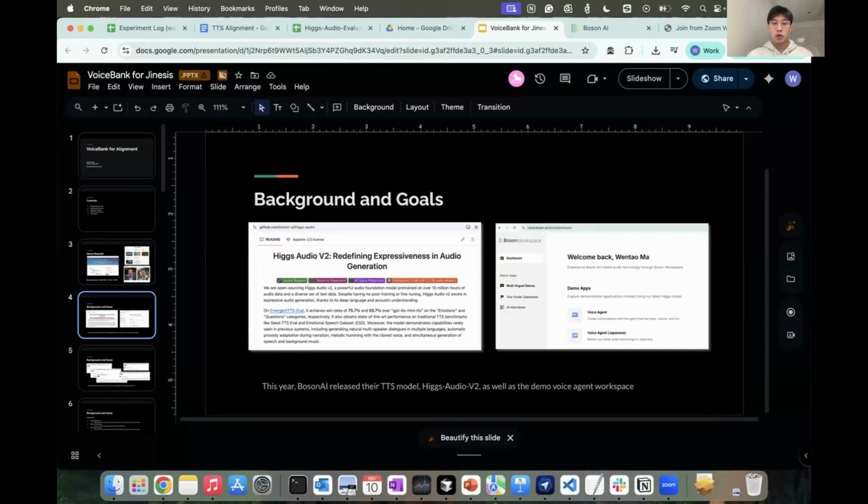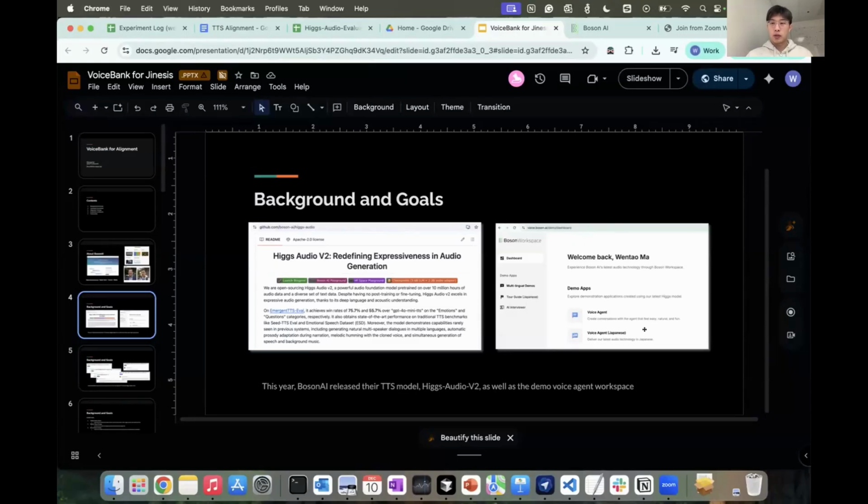This model has received lots of attention and is quite popular on Hugging Face, and we also received lots of interest from not only customers, but also individual contributors.